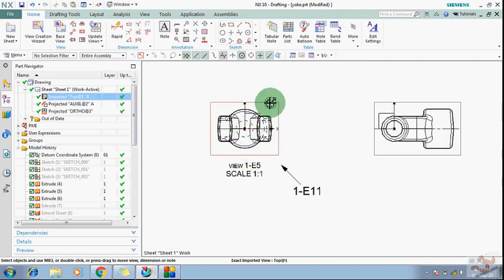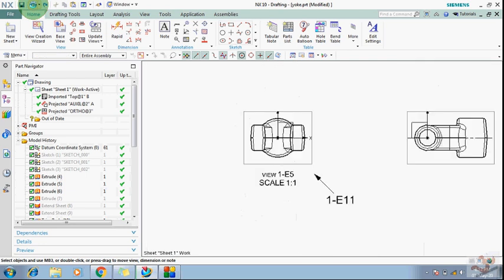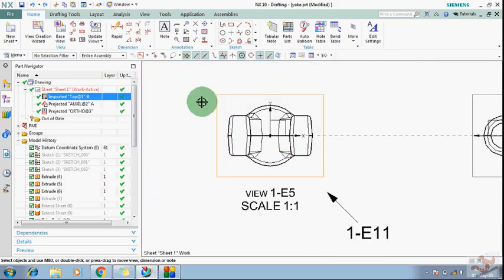First of all, suppose that I go back. I have this model, and I am explaining three things in this video. First, how to show the hidden edges, second, how to show only the required hidden edges, and third, if you have deleted some hidden lines which you require in future, how you can get them back. The third thing is the most important thing, so please watch this video very carefully.